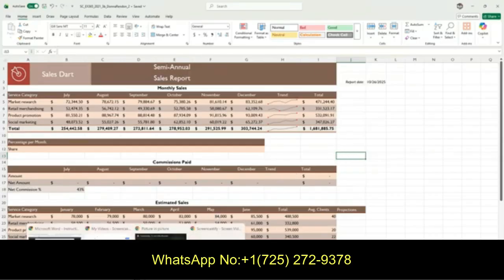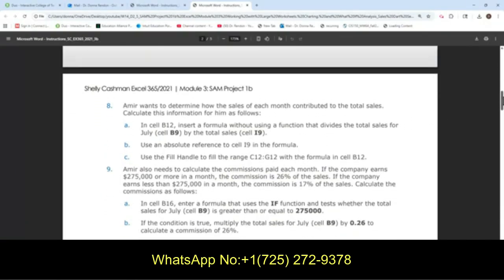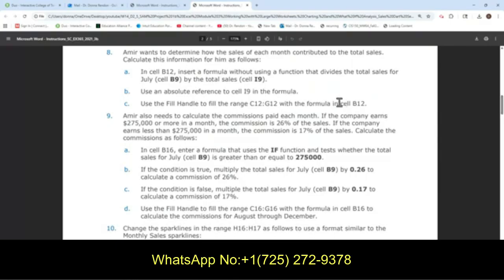Go back to the start file, to the instruction, and then scroll down to step 8. Amir wants to determine how the sales of each month contributed to the total sales. Calculate this information as follows. In cell B12, insert a formula without using a function that divides the total sales for July, cell B9, by the total sales, cell I9.